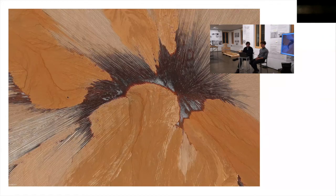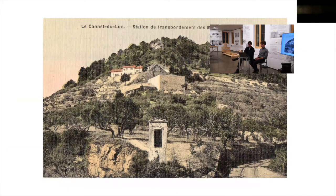This was in Australia, by the way. This image is also taken from the same waste site. And even though there is this strange dark beauty in these images that are taken from space, there obviously are environmental implications. And just to give you a first-hand example that we witnessed,